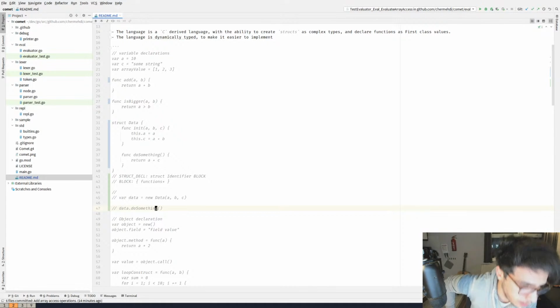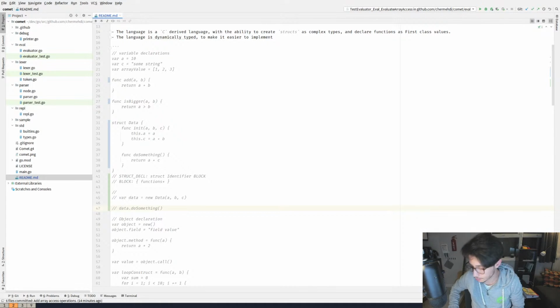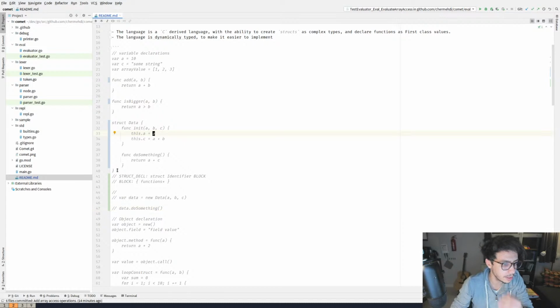So let's start with trying to implement this. I'm sure I won't be able to finish this during the stream. I'm a little bit tired, but hopefully we'll be able to continue it during the next stream. It won't take more than 2 streams to actually introduce objects. Right. So having said this, let's introduce the 2 new keywords, which are new and struct.